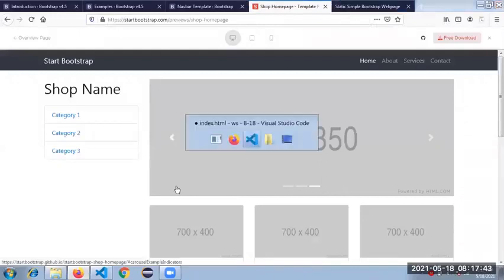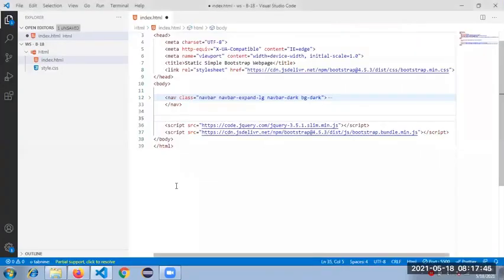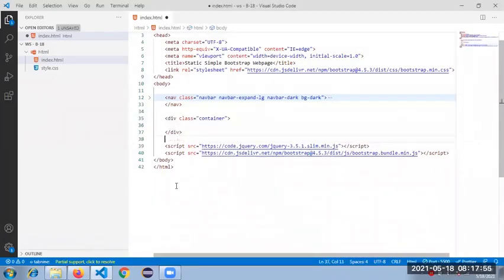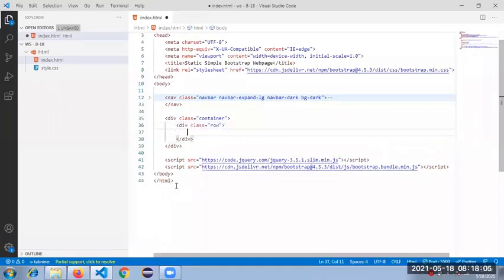Okay. Dot container. Okay. Dot row. I'm opening one row inside the container.